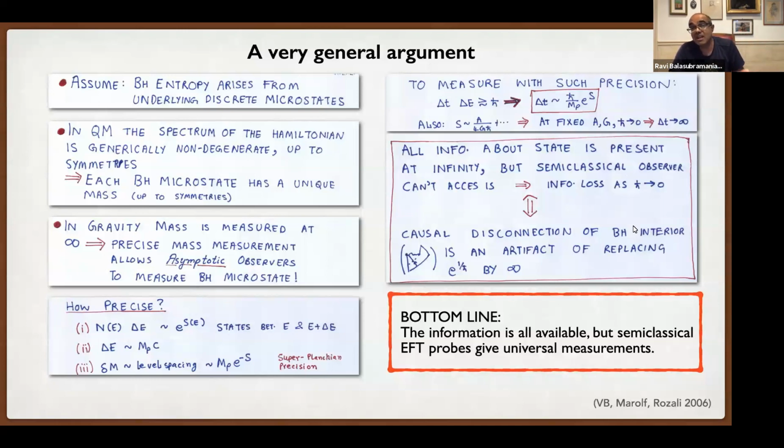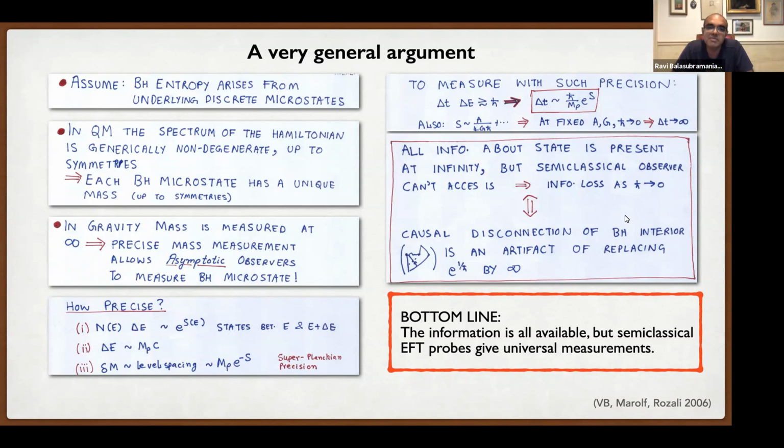However, the semiclassical observer is not going to be able to access it because the time scale is going to infinity as h bar goes to 0. And this will act as if the interior of the black hole is causally disconnected. So the bottom line from this, and you can construct other arguments of this kind,